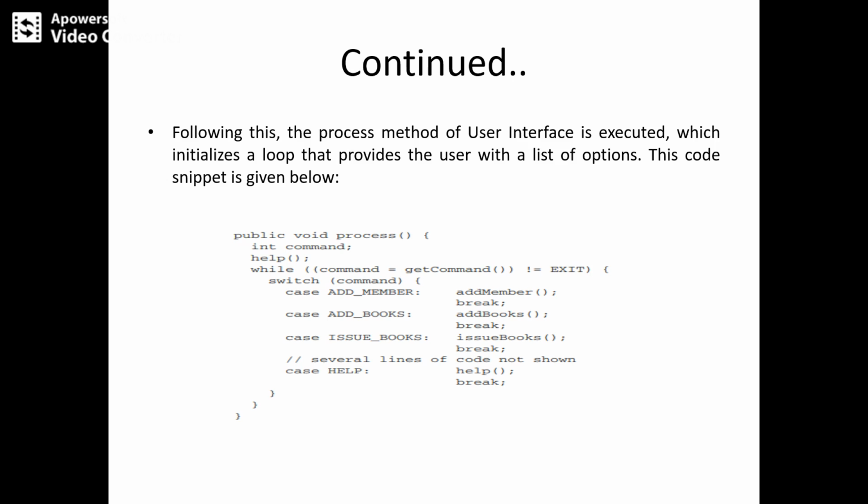Then we need to discuss our actual implementation, which we are going to discuss in the next video: adding a new book. For that we need to take the add book methods in the user interface. Again, not complete code, only snippets of code will be discussed. Another method in implementing the design is issuing books. Once again the user interface gets the member ID and all details. For issuing the book, all the possibilities of the implementation, again as snippets of code, will be discussed in the